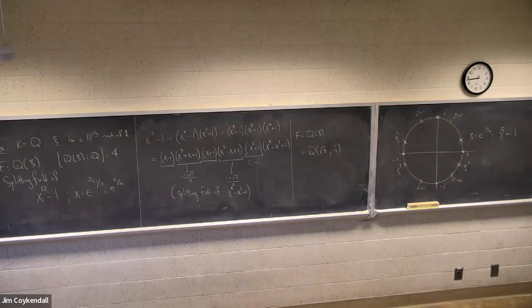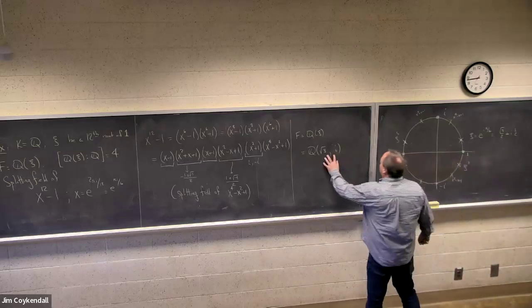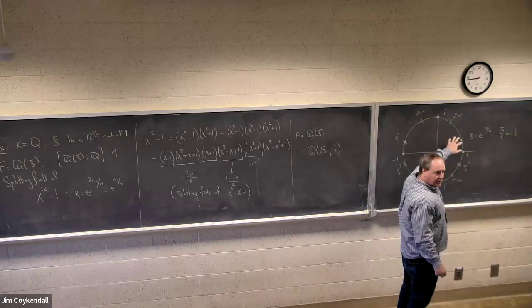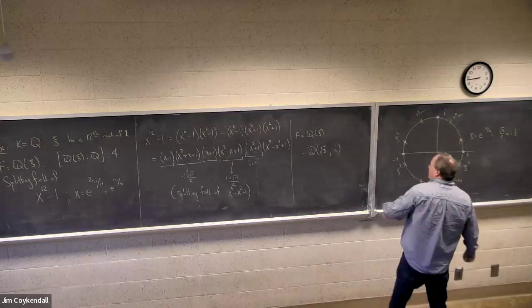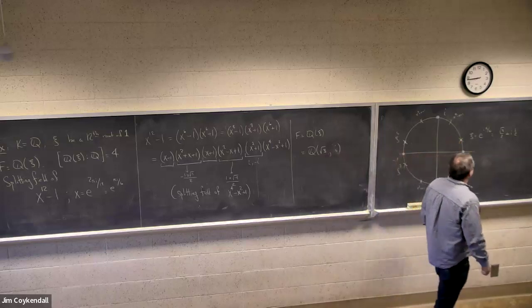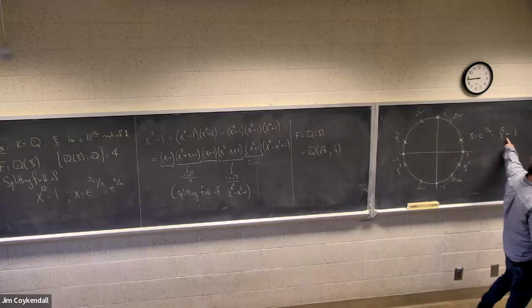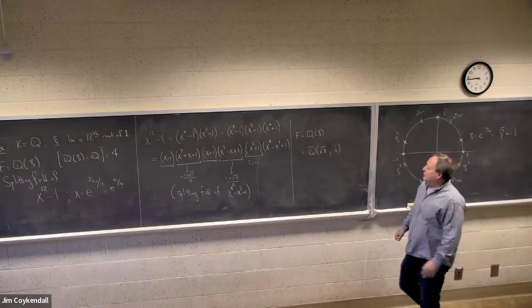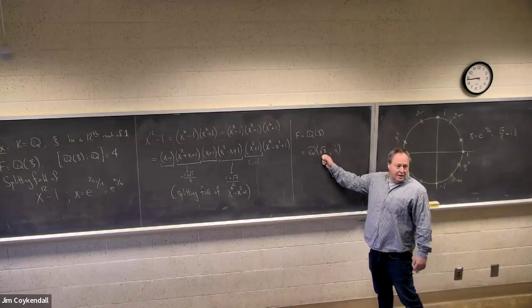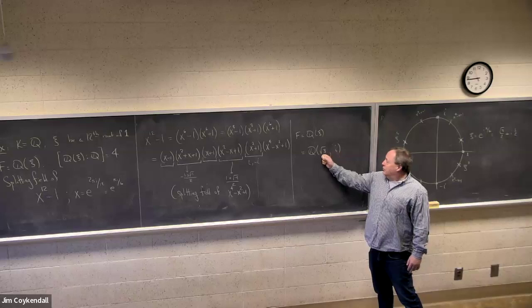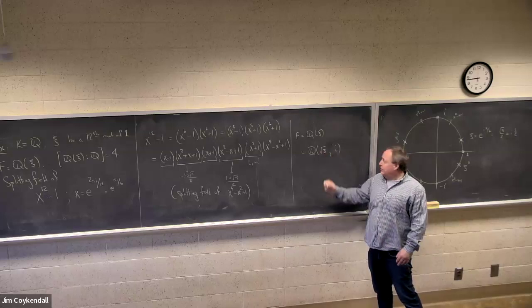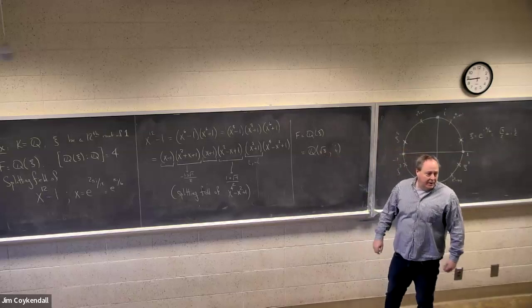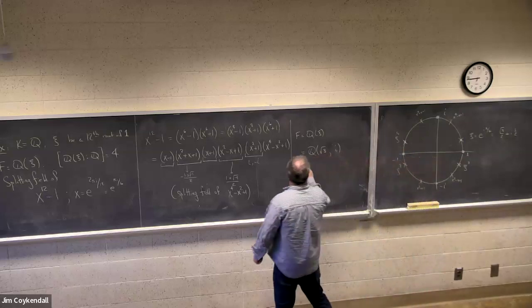So notice that this field contains this because it contains all the roots, right? Because if you've got radical 3 and i, then you have this for sure. So now you've got everything. And why is the other containment good? Well, because this is an extension of degree 2 over Q when you join a radical 3. And then, of course, this is still real. So when you join i, you get another extension of degree 2. So this is degree 4. Right? And so the Galois group